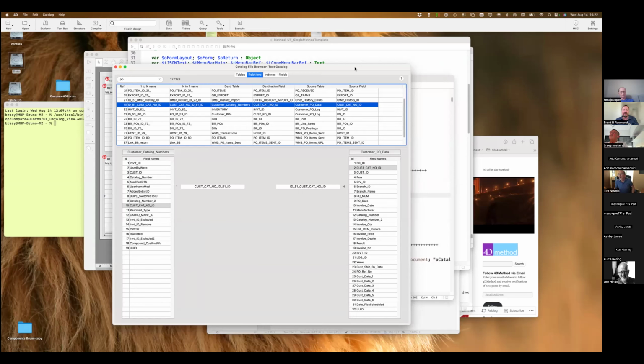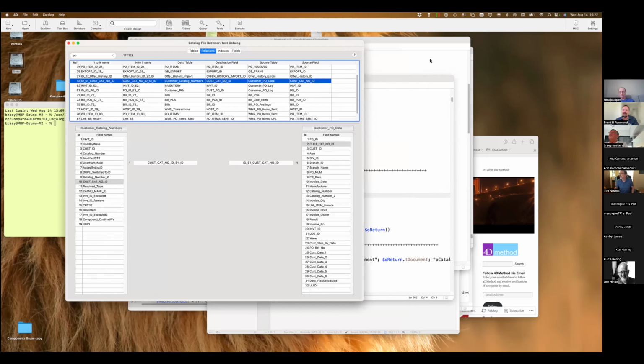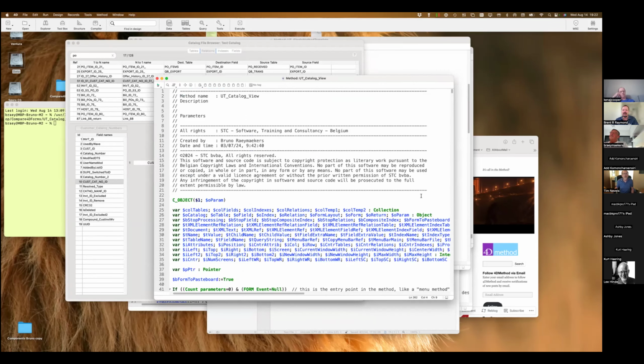I was going to note something. I saw at the top of the methods you do have a copyright statement. Is this copyrighted code? No, you can basically do whatever you want with it as long as you keep that part in your code.